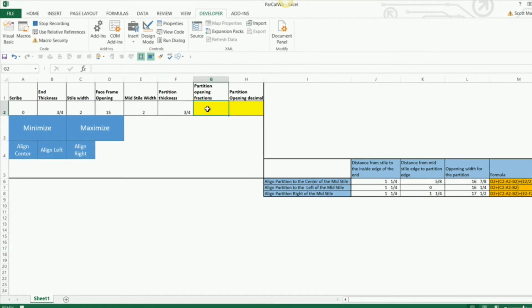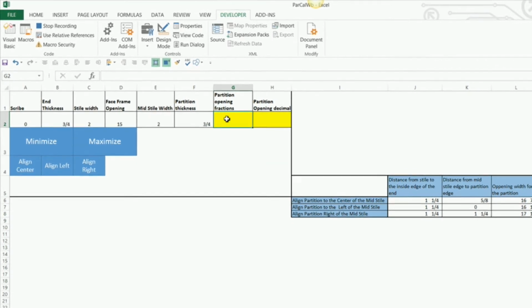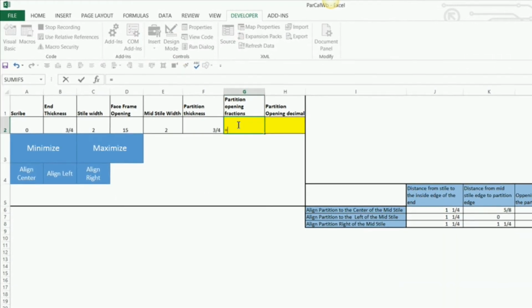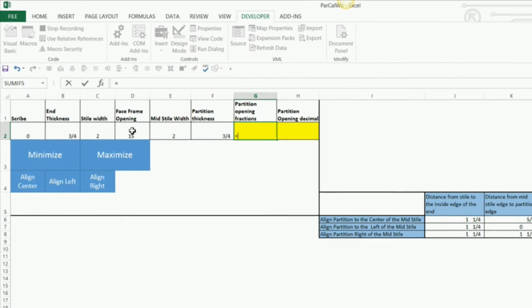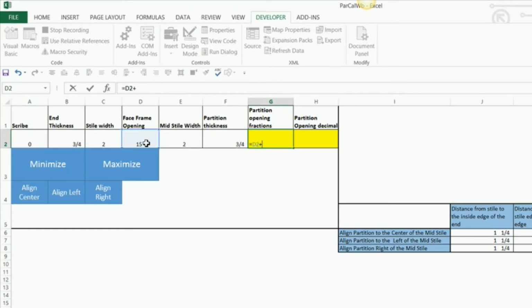So I'm going to start with equals, and I'm going to select D2, and I'm going to type plus and parentheses, and I'm going to select C2 minus A2 minus B2, and close parentheses, and plus,